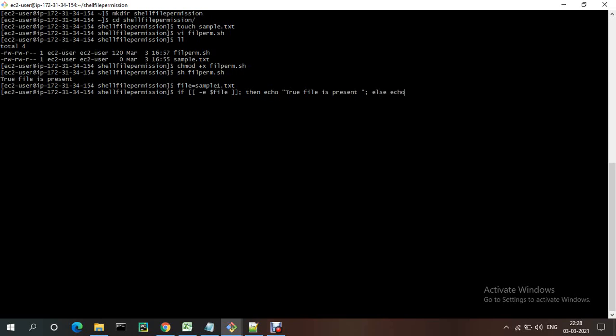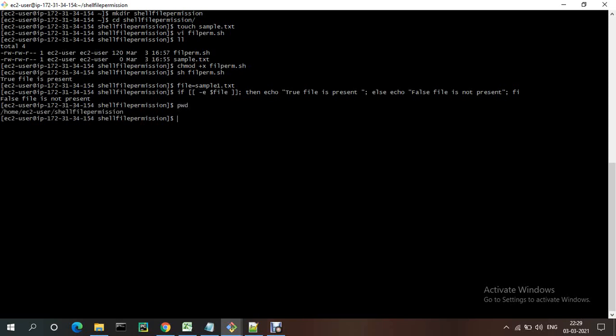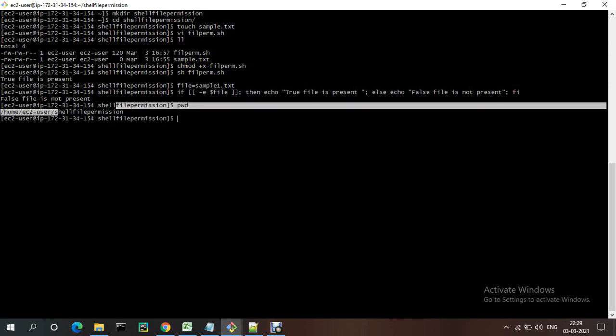Else echo file is not present. I'm closing the statement. See, the sample1.txt file is not present, so that's why it executed the false statement. So -e is used to check whether the file exists or not in the current directory. It will check only in this directory.